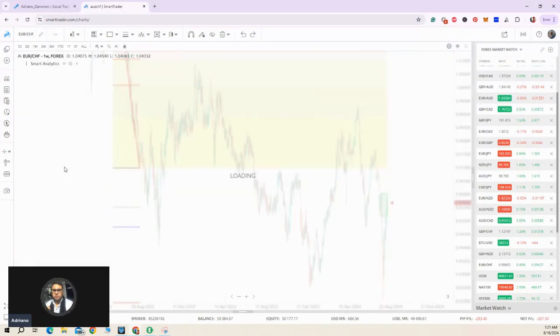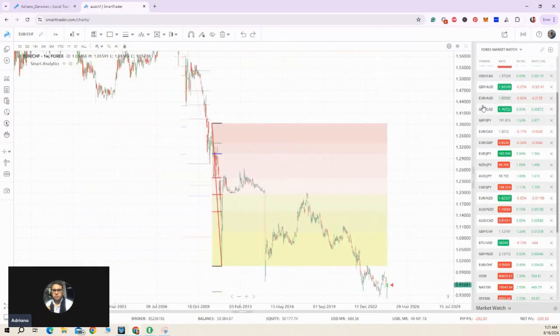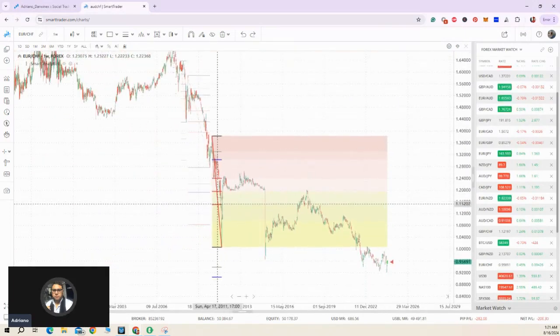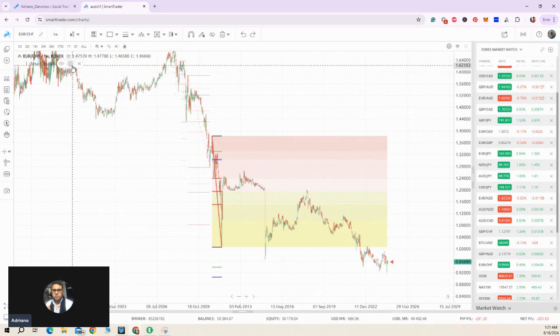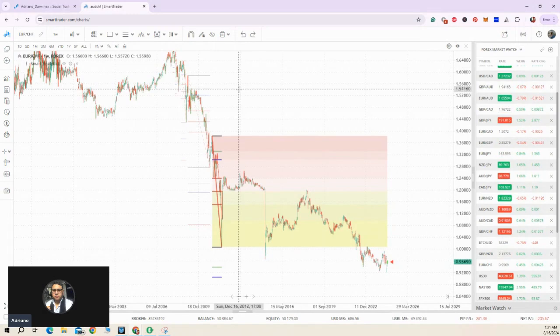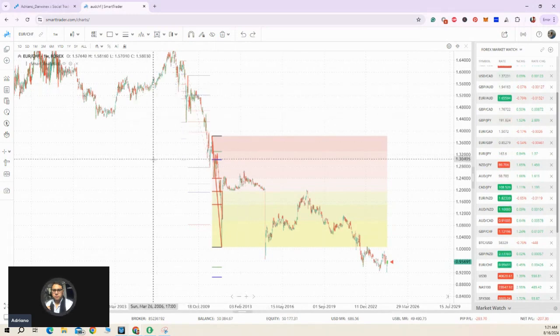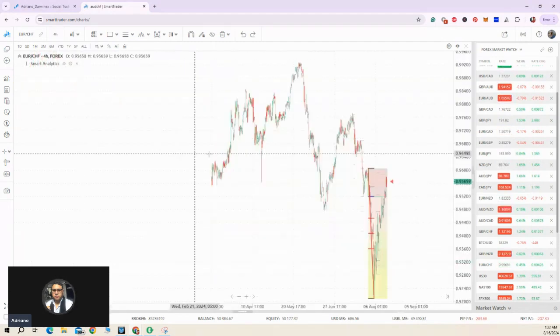If you take a look at the weekly, all the time frames are downtrend, but it's been on a downtrend for a long, long time. That's why I think this trend is getting to the end, and I think this is going to be a reversal. So that's why I don't want to sell